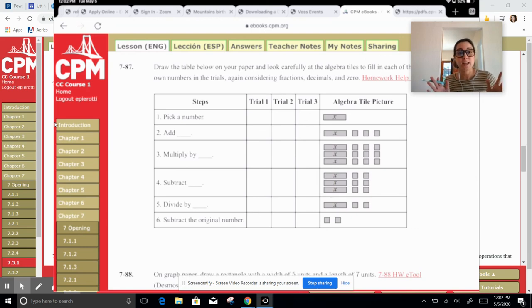So that's your lesson for today, looking at inverse operations, looking at the opposites, how you can use them to predict an outcome. And I hope this was a fun lesson for you